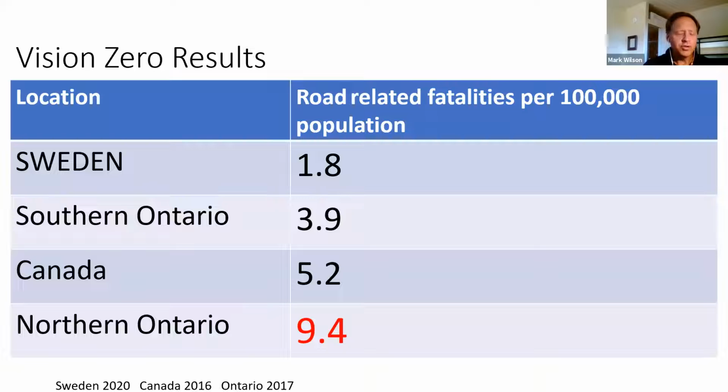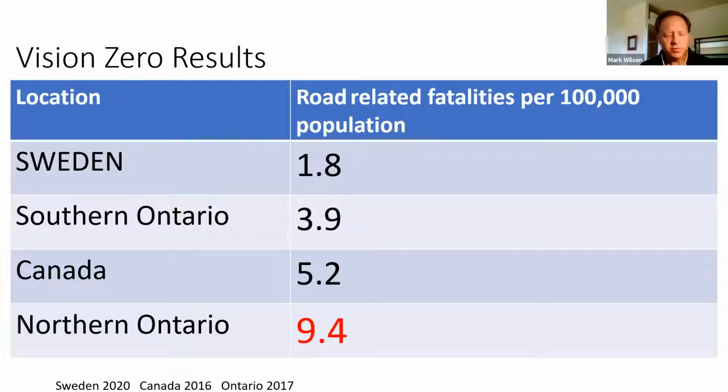We can also see by this graphic that Sweden is a leader in road safety, thanks to Vision Zero and their use of safe system design to make their roads safer. And certainly we think we can do the same here. This also compares Northern Ontario and why our group has been advocating for the 2+1 pilot project. We continue to experience fatal head-on crashes on a regular basis on our northern highways.